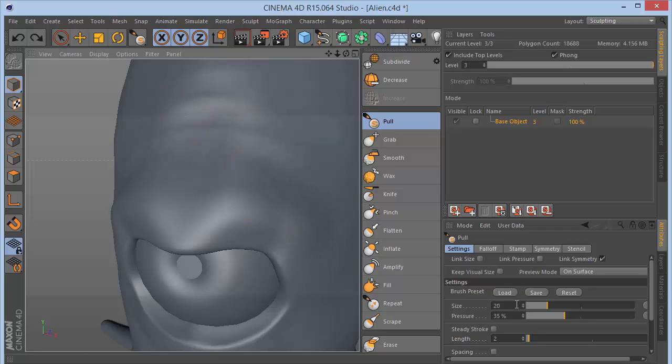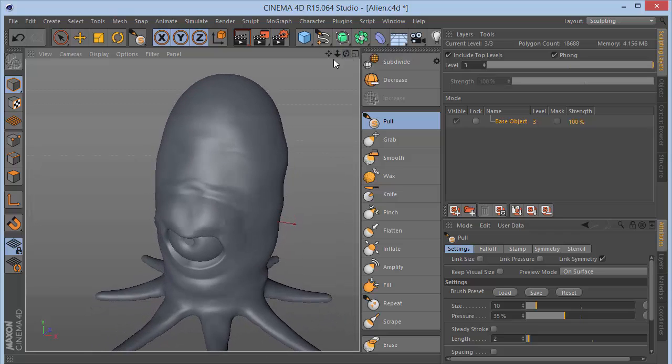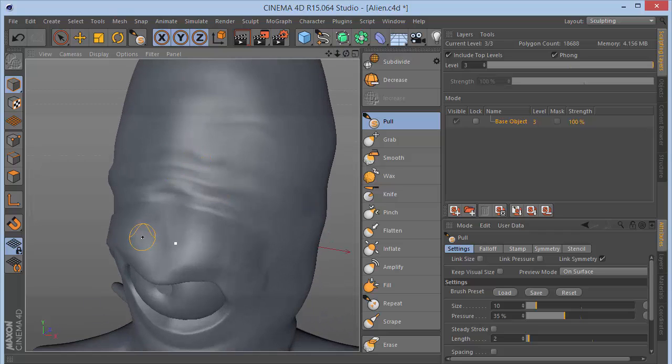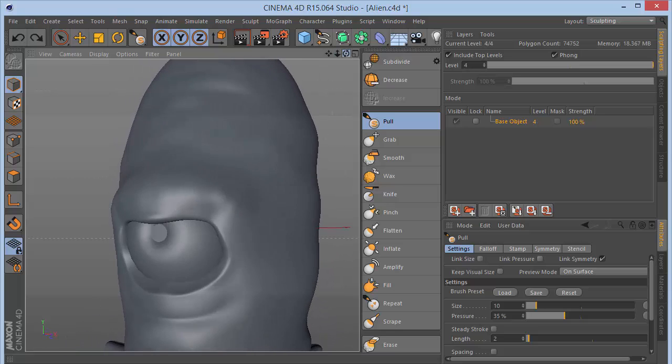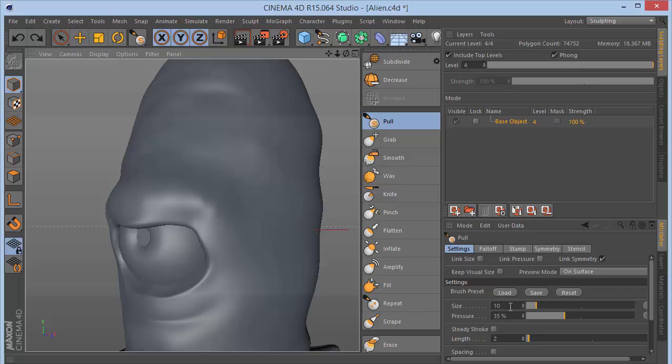Okay, let's set the size down to like 10, and let's see if that works out. Yeah, it's coming out. Okay, so I made a little bit of changes to this, and we can increase the size of this to 20,